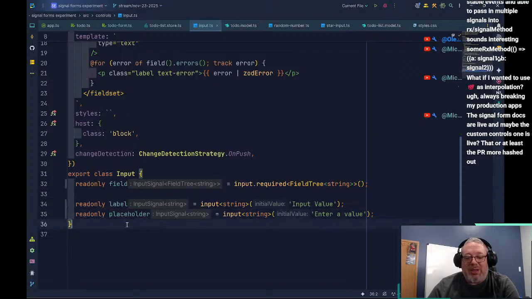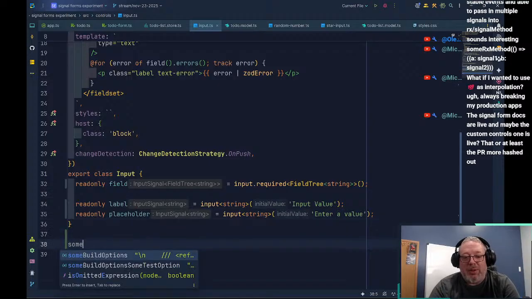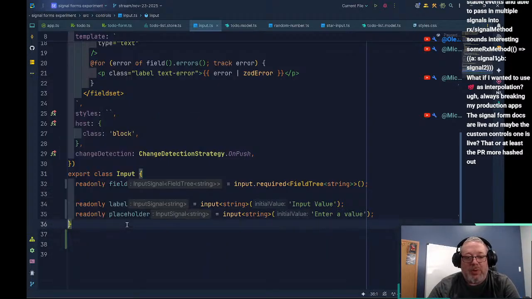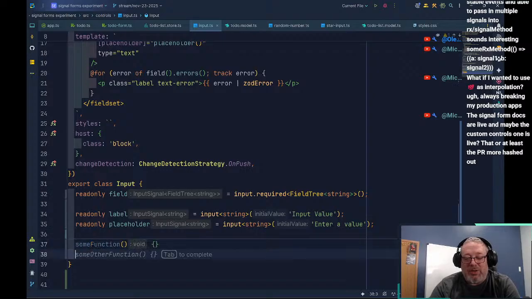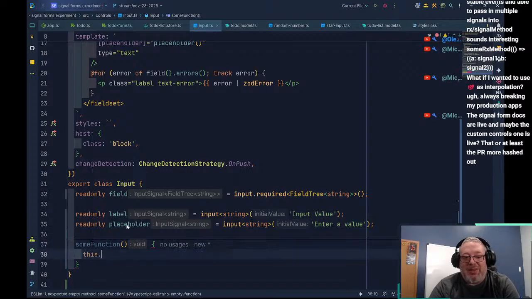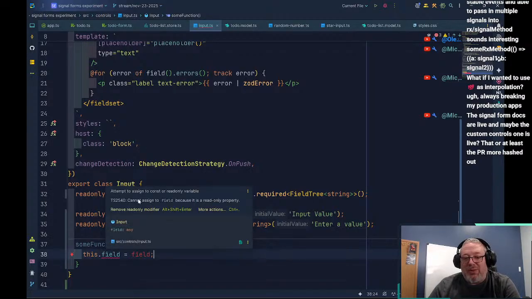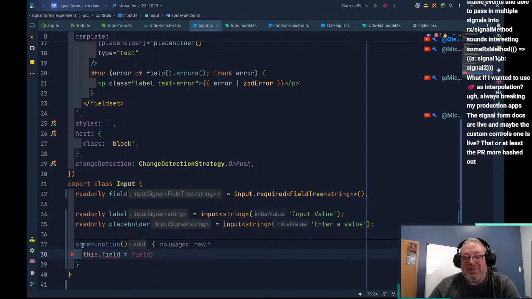So, you can't come down here and have some function, and in some function, we can't say this.field equals field for whatever reason, right? This doesn't work because field is read-only.